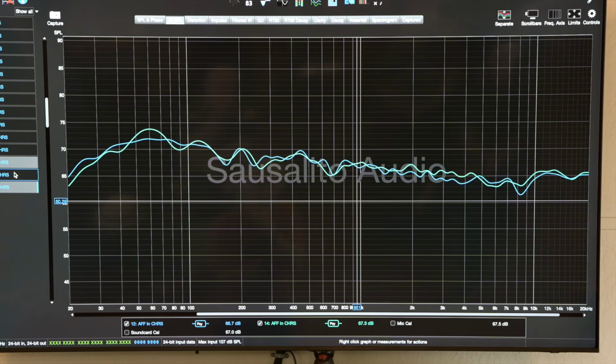So let's do a filter at, let's say, 2,800, minus 1. Let's do minus 1.5. And let's make it a Q of 0.7. Q of 0.7, I think we'll need to go a little more than 1 dB, but